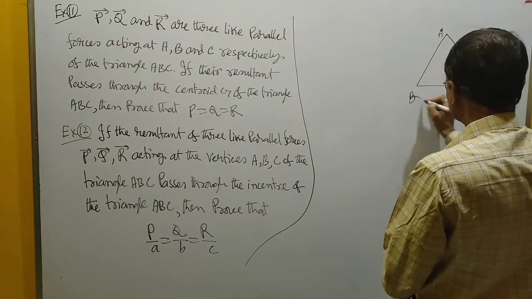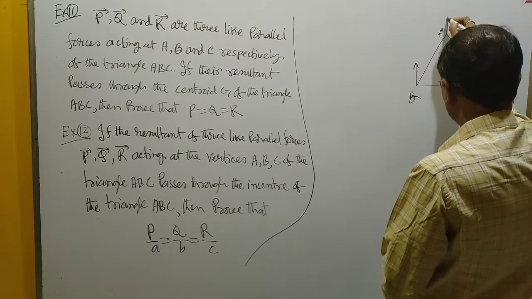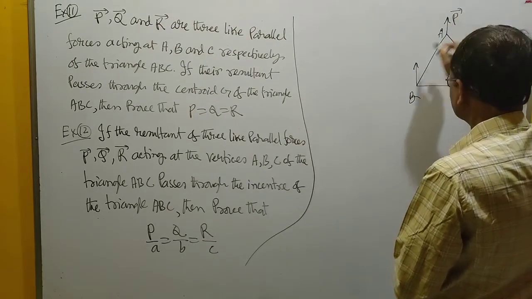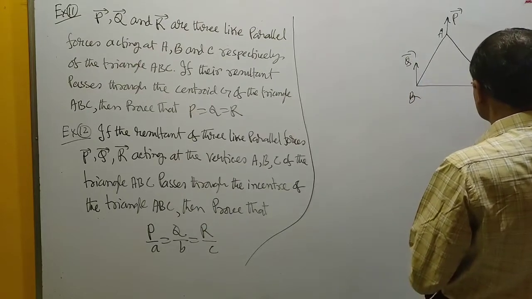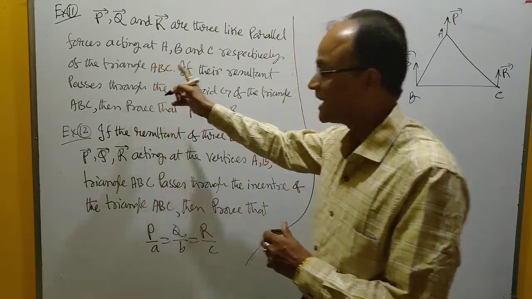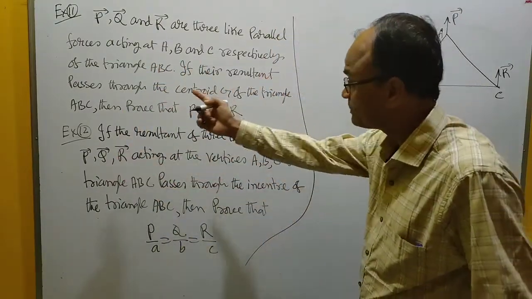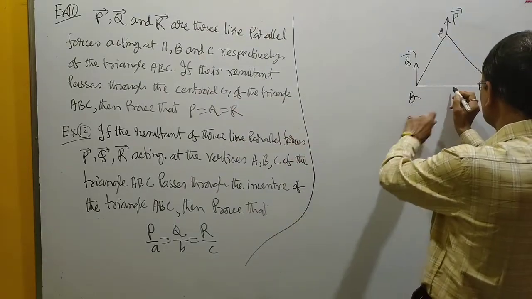PQR are like parallel forces acting at A, B, C of the triangle ABC. If their resultant passes through the centroid,